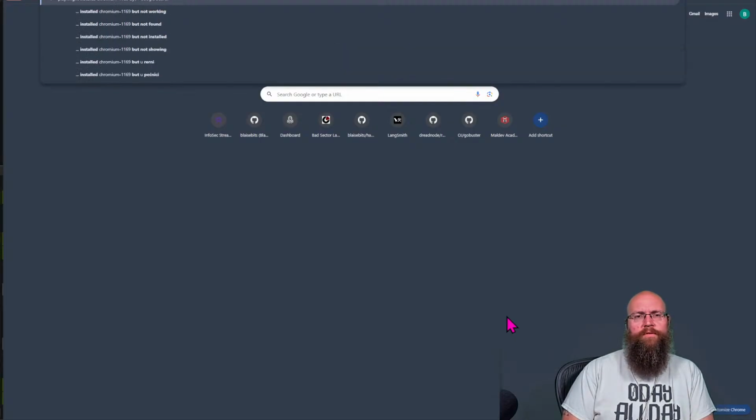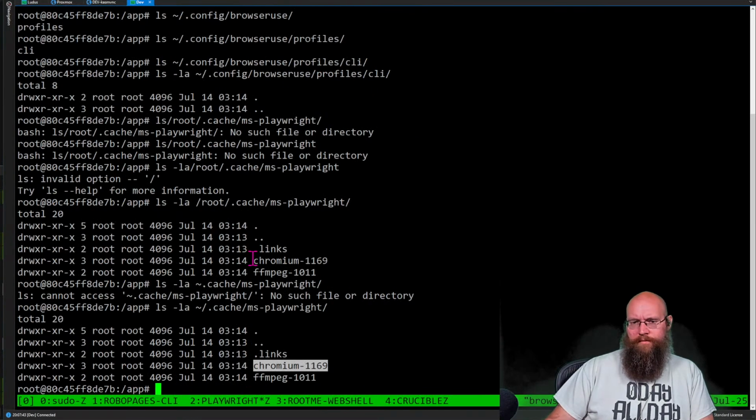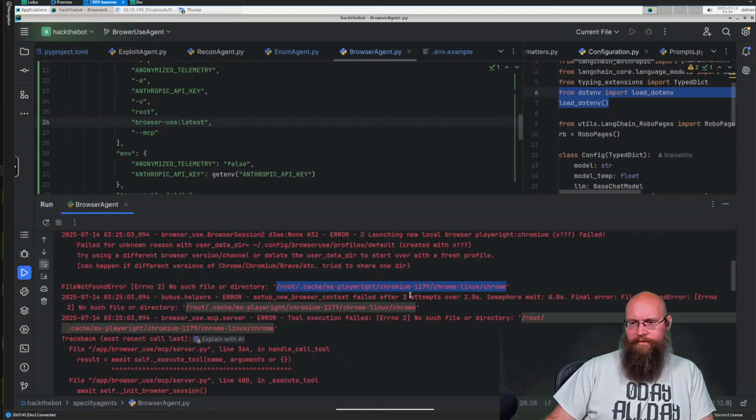Uses the one it's trying to use, however, is 1170. Somehow I doubt that's a typo.